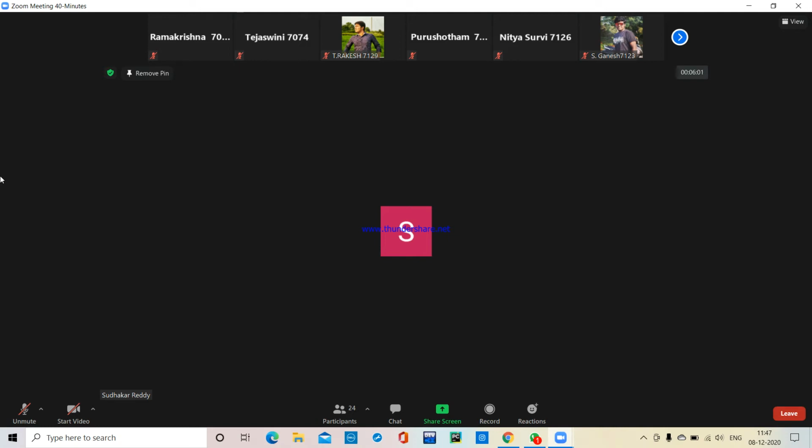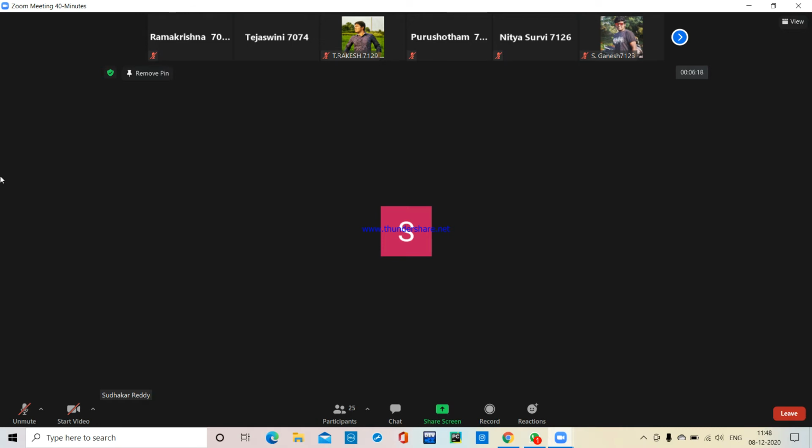What are the technical names of the inserting and deleting operations? Push and pop. Push is inserting elements into the stack, and pop is deleting elements from the stack.